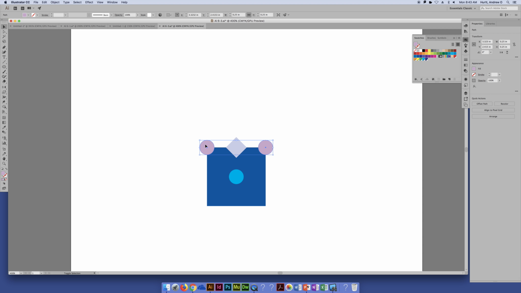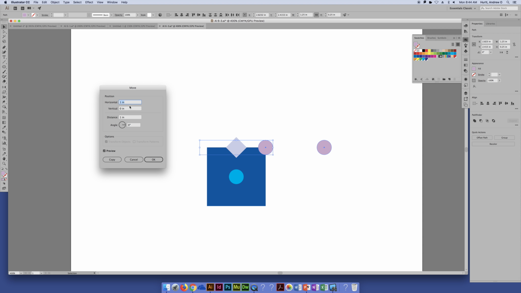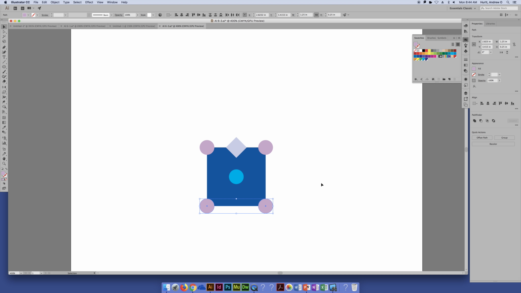And you can do the same thing. I'm going to hold shift and select both of these circles here, and we're going to do a move again, except in this case we're going to move it down vertically 1 inch, and then we're going to hit copy. And then you can do the same thing for these guys. And again, in this case, I will move. You can see it snaps with your smart guides,